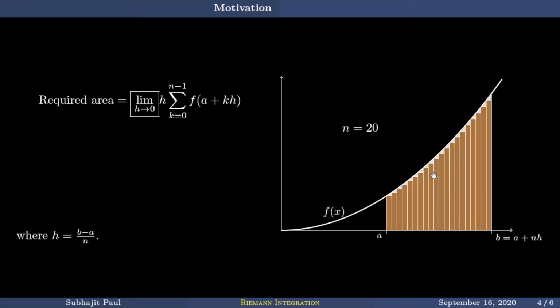Now Archimedes and all those people, they understood that. What they did not do is this limit h tends to 0. This limit h tends to 0 is a contribution to mathematics by Newton and Leibniz in the late 17th century, or maybe even later. We are talking about Archimedes, and they are coming from some 500 BC or something. So this part of the formula, the right side of the formula, is almost 2000 years older than this left part. Okay, how did this right hand part work then?